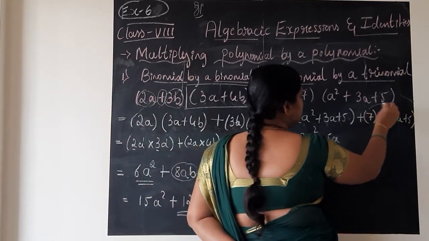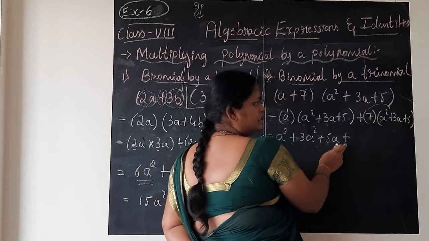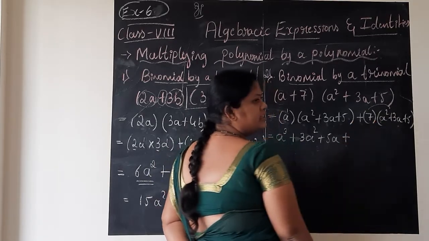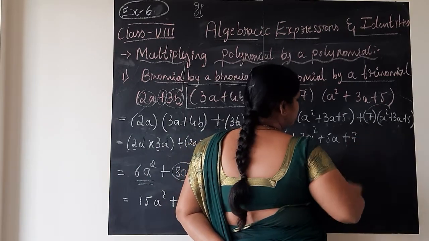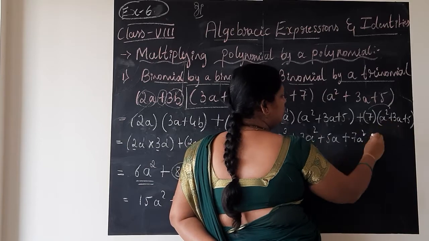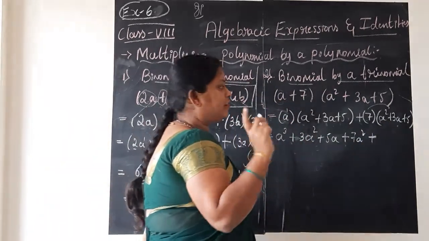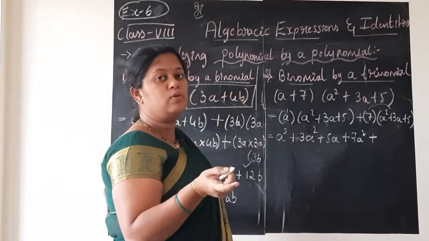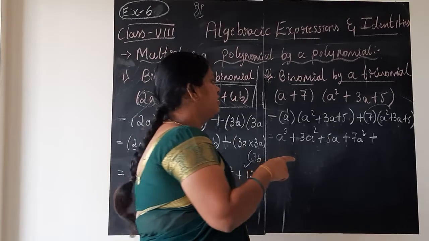Next what we shall do is, since plus sign is there, I will put plus into this plus is this plus. So 7 I will multiply inside this trinomial bracket now. 7 into a square, 7a square, plus into plus. Every time you should multiply the sign, children. If at all you get minus sometimes, you will go wrong. So even if it is plus, don't neglect, you multiply it once in your mind.